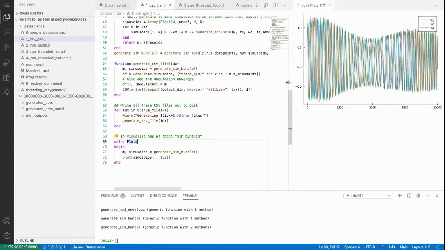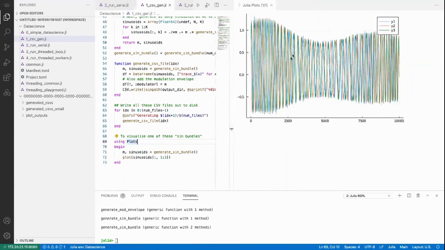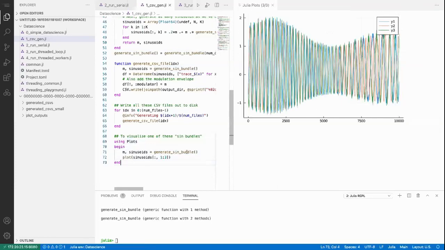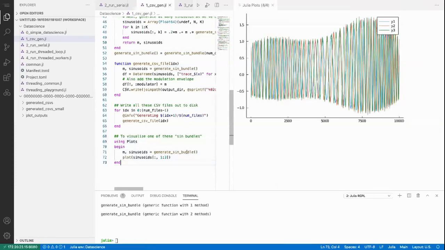So this is an example of 3 of the sinusoids plotted together. You can see they're oscillating up and down very quickly, and they're also kind of all shaped by this overall modulation curve. They're also not centered at 0. They're shifted around a little bit. And so they just make something that's kind of interesting. If I generate more and more of these, we can see this is kind of the representative data that we're creating. And when I run this chunk here, to write them all out to disk,